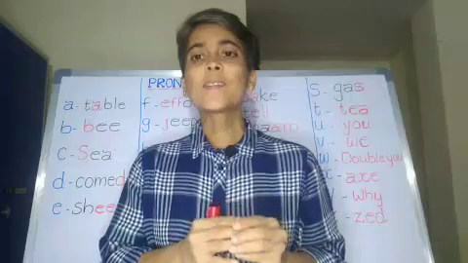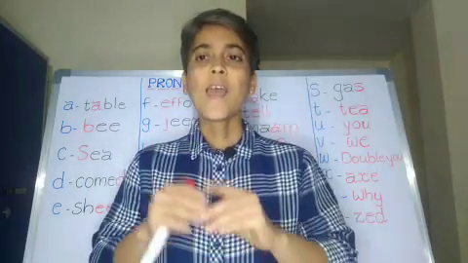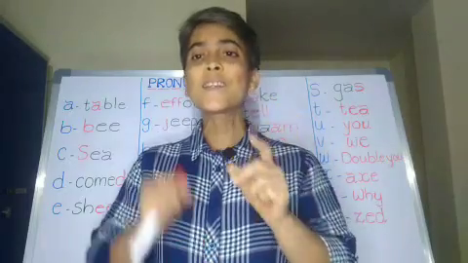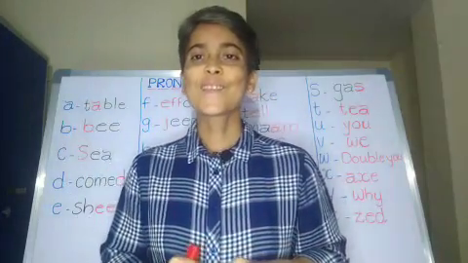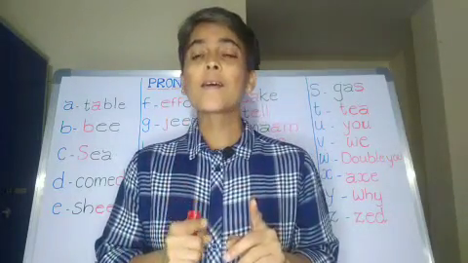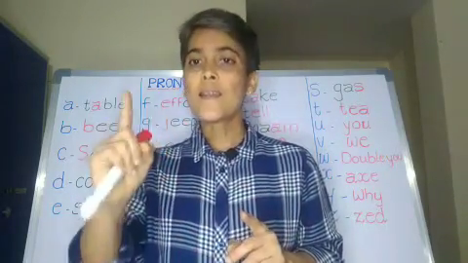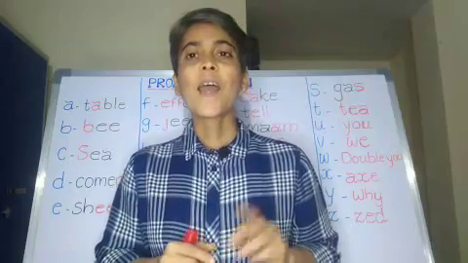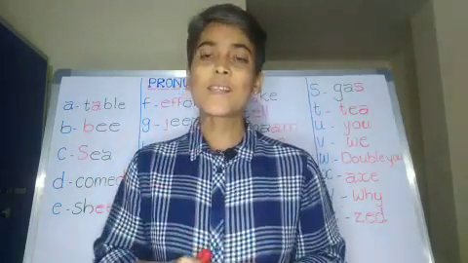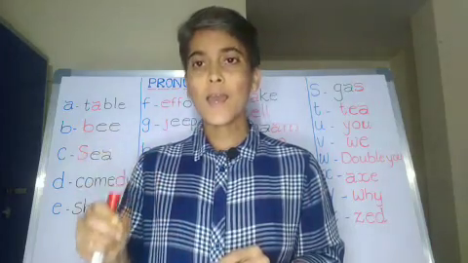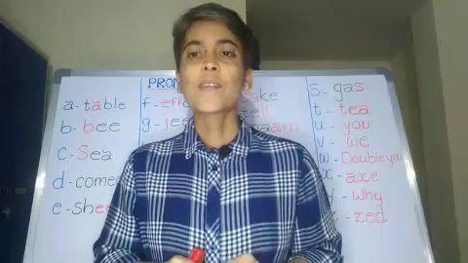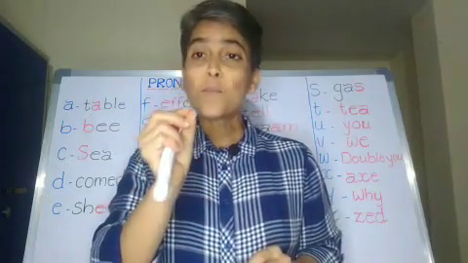The alphabet is A to Z and the letters are A, B, C, D till Z. Every individual character is a letter, and the combination of these characters is known as alphabet. This is really important